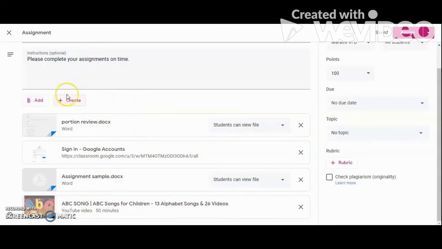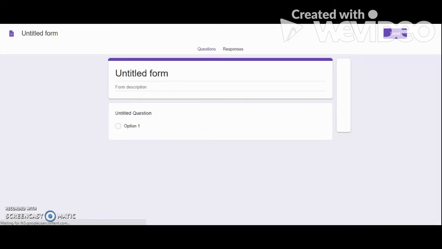Now, this is something that you want to create. For example, you have not made any quiz or any form and you just want to make it. So instead of going to Google Form, or instead of going to Google Slides and then making it and then coming and posting it here, you can just straight away create the form from here and you can just edit it. So automatically it will get posted here. So you don't have to copy paste it. Okay.